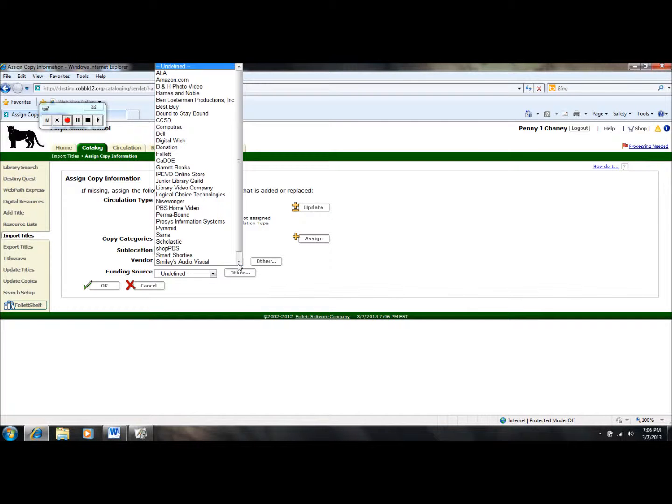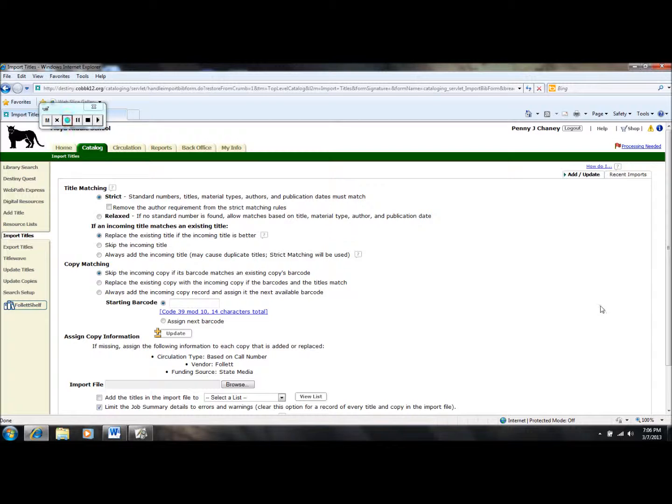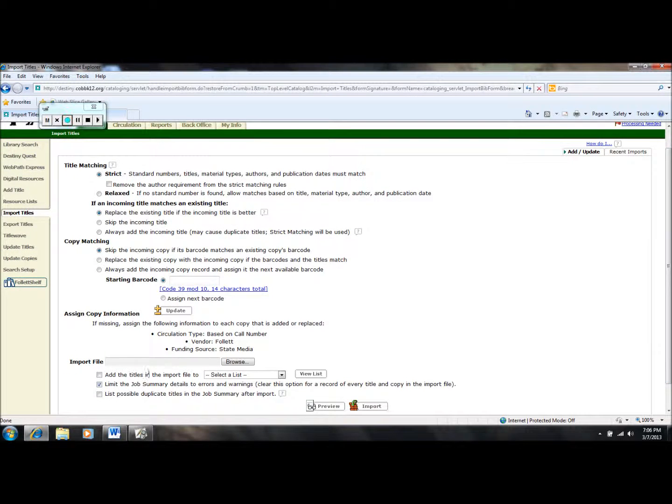Select your vendor. For example, you may have gotten your books from Follett. And your funding source. This also is very important. State Media, for example, may be where your books came from. Then click OK. This returns you to your page, and we can see our settings based on call number, Follett,